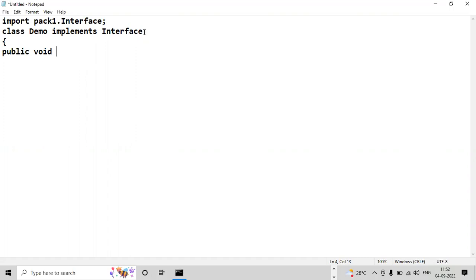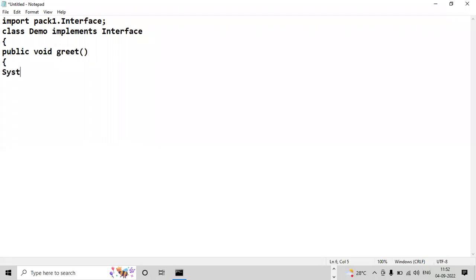So this is an interface which we have already created, but it is present in a package by the name pack1, right? And I am going to implement that interface. How do you implement? By using the implements keyword, because interfaces can be implemented by using the implements keyword. This class will implement that. But while implementing that abstract method, you have to make it public void greet.